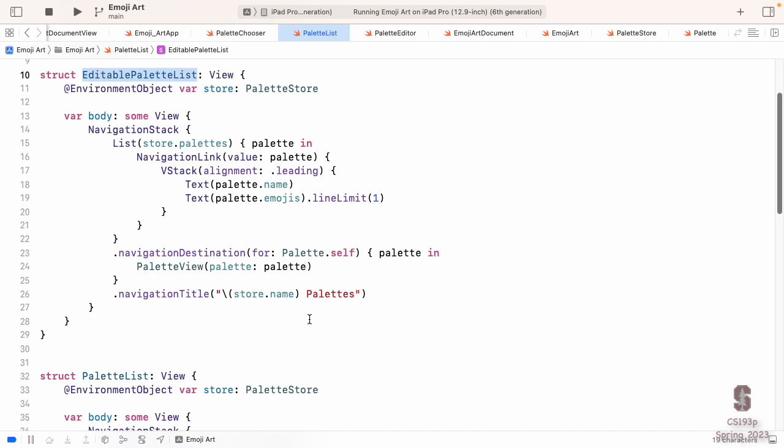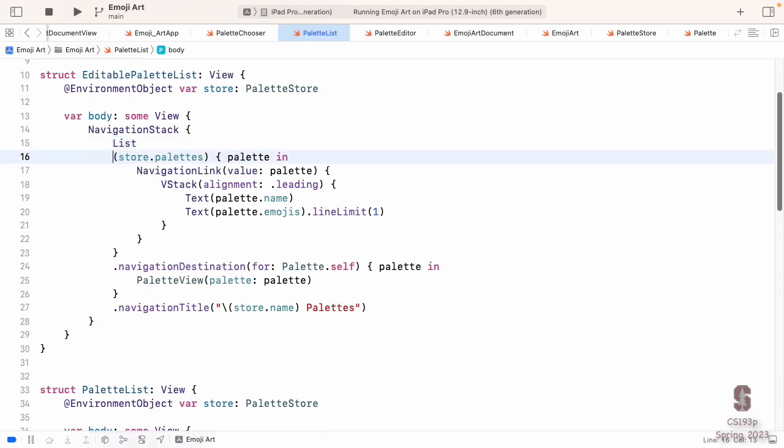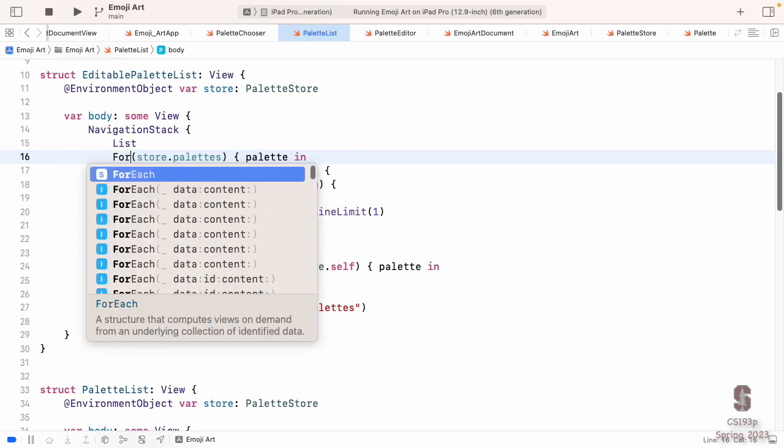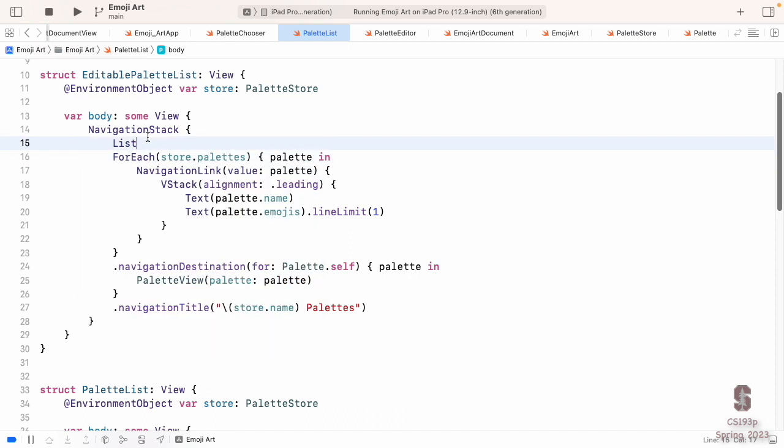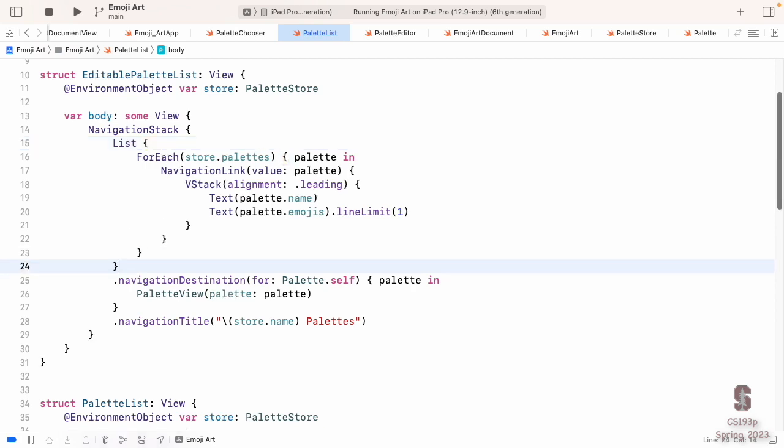That is incredibly easy. The only trick to it is we can't do this list like this. We have to break it out into a for each, because for each is the thing that has one little view modifier that does the move and one that does the delete. So you can do it with one line, one view modifier, but only on a for each. It doesn't work on a list. So I'm just going to take my list and break it up into a for each, put it back the way it was essentially. This is inside a list for each. Everyone see what I did there?